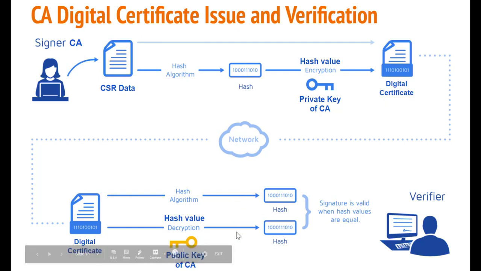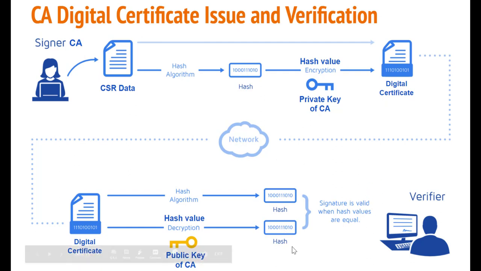Okay, so this is how the encryption and decryption is done for the digital certificate which is shared from the CA to the server side or the requester. The same thing can also happen for the client, in case the client requests some digital certificate for its identity purpose. The same steps will happen, but in that case the digital certificate would be sent to the client. In this case, the digital certificate is sent from the signer CA to the server, because the server actually requested for this.